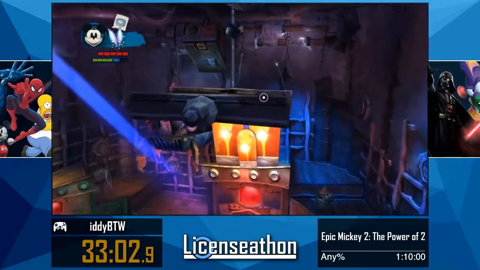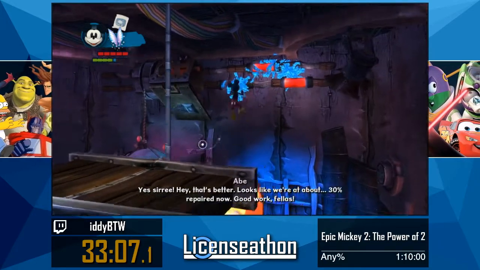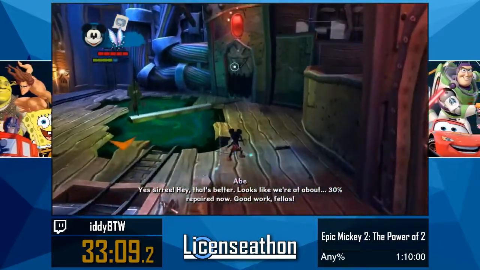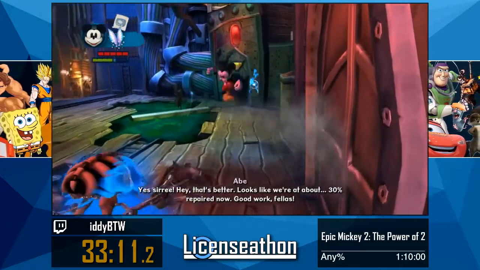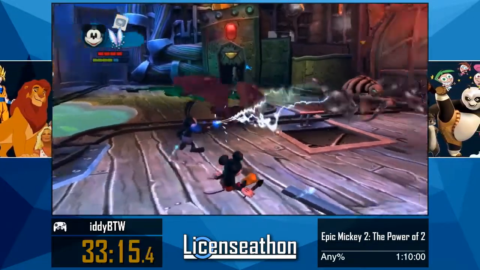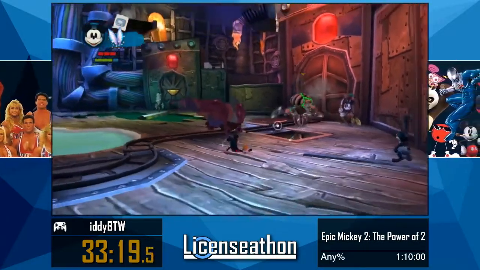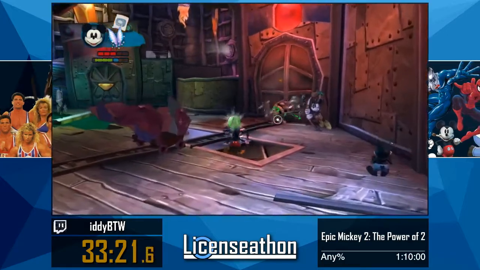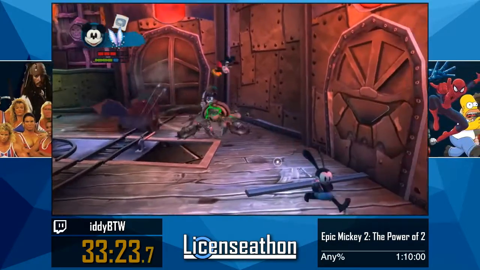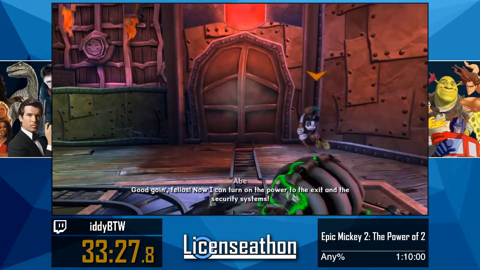So what we're gonna do, we're gonna paint these 3 little tubes. Oh, yes, sirree. And then paint this door. We're about 30% repaired now. Good work, fellas. That's the ticket. The power levels are doing just fine. If it would get out of the way. This is what I mean by the second room sucks. Oh, good going, fellas. Now I can turn on the power to the...